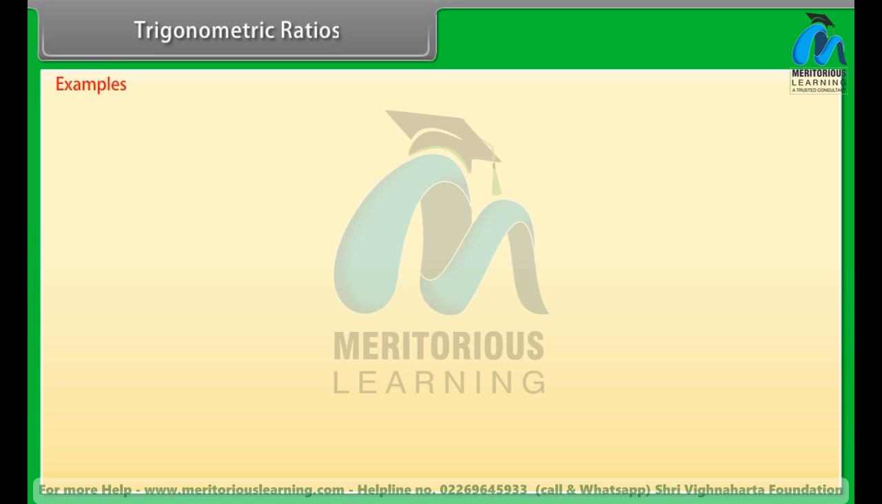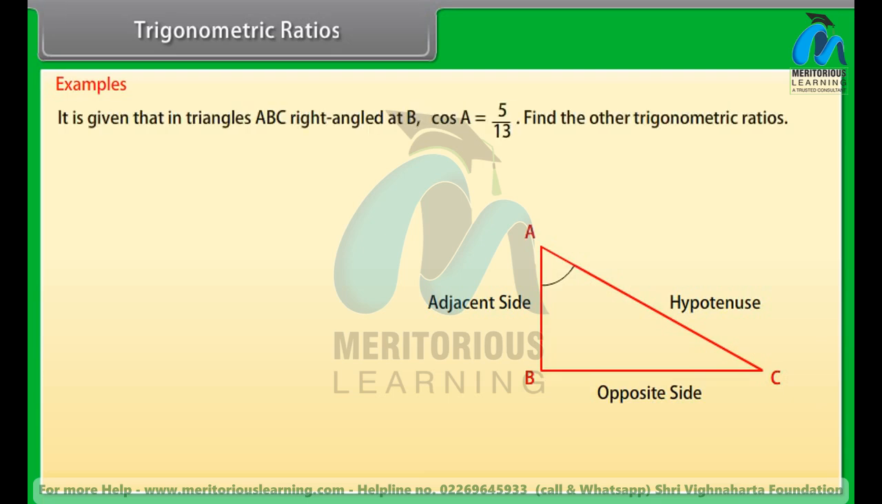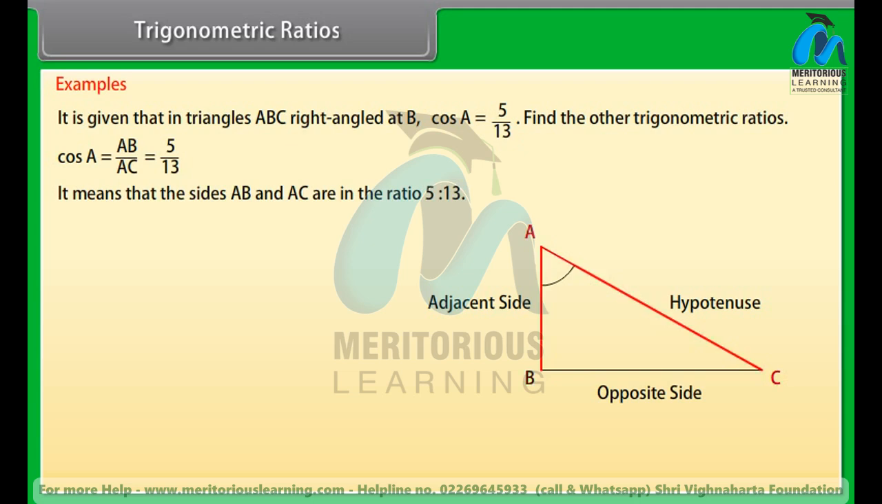Examples. Let us look at some examples to consolidate our understanding of trigonometric ratios. It is given that in triangle ABC, right-angled at B, cos A is equal to 5 upon 13. Find the other trigonometric ratios. Cos A is equal to AB upon AC, which is 5 upon 13. It means that the sides AB and AC are in the ratio 5:13. Therefore, we can say that AB is equal to 5A and AC is equal to 13A, where A is a